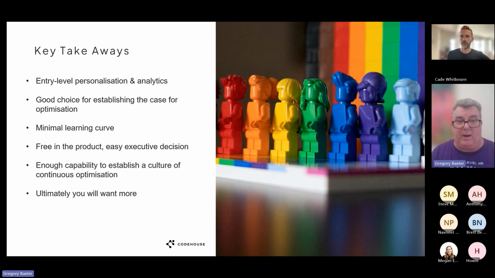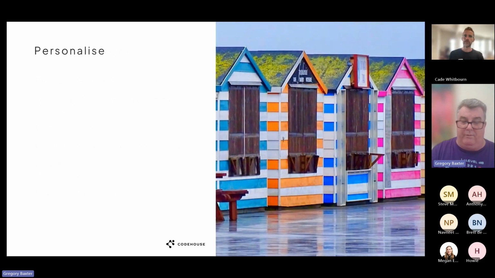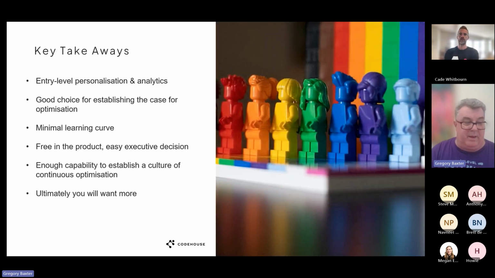Because it's free in the product, there is no executive decision. So the old barrier of, I don't know what personalization is going to bring to the business, therefore I'm going to sit on my thumb, doesn't really exist anymore. So you can really push this out pretty quickly. And it has enough capability to establish that culture of continuous optimization. But ultimately, I feel that you're going to want more, and I think you're really going to want more very much in around the space of